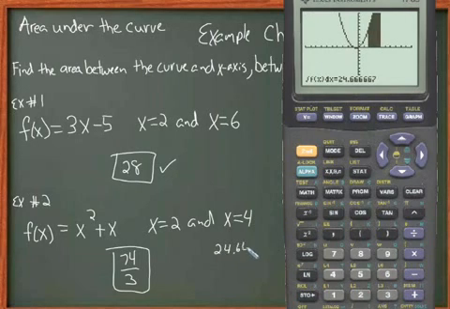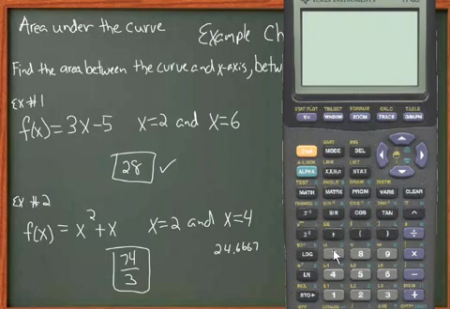But if we divide 74 by 3, guess what? We get the same decimal value. So yes, they are the correct